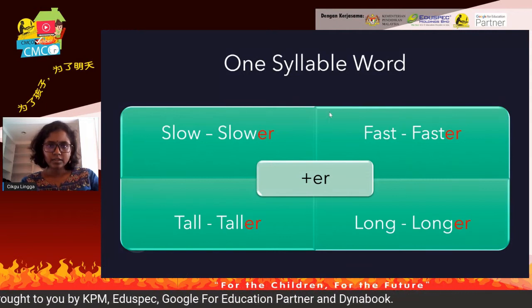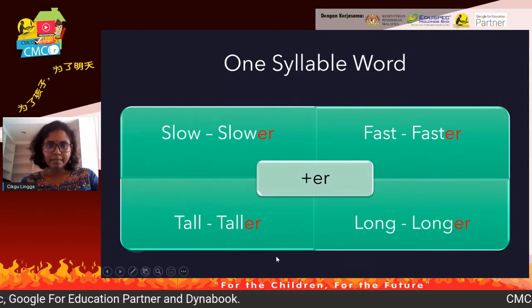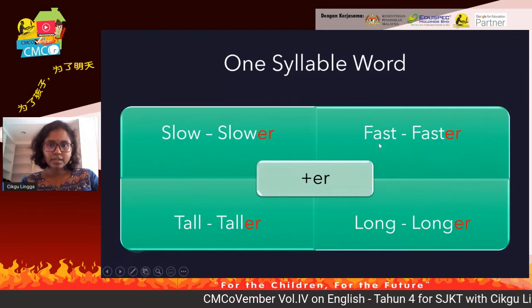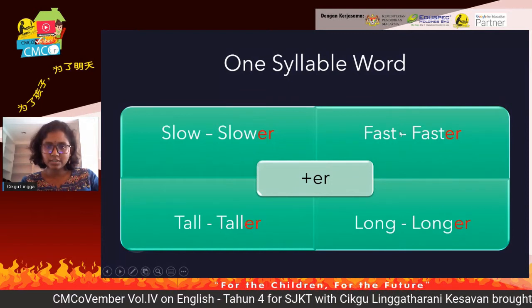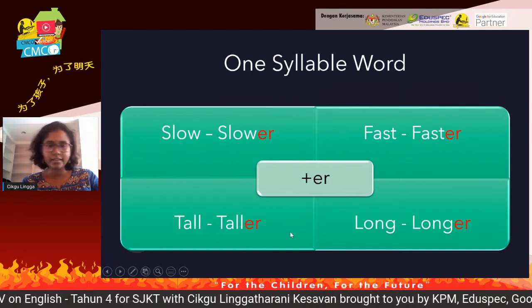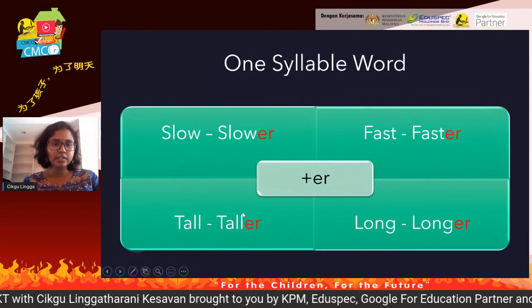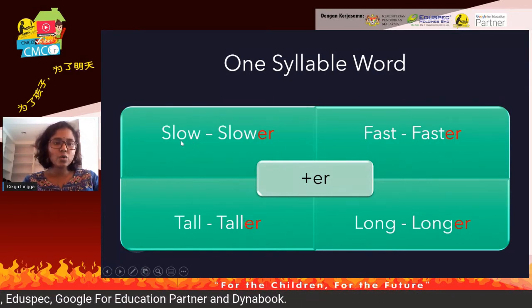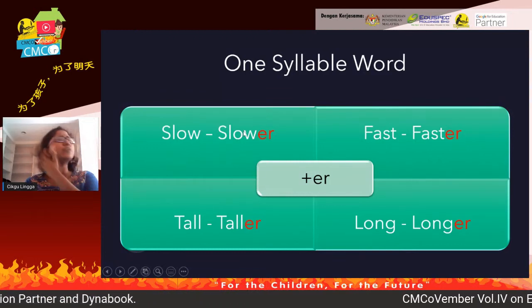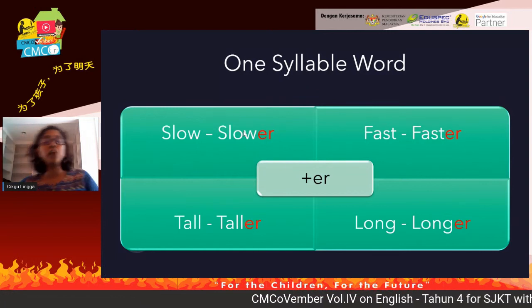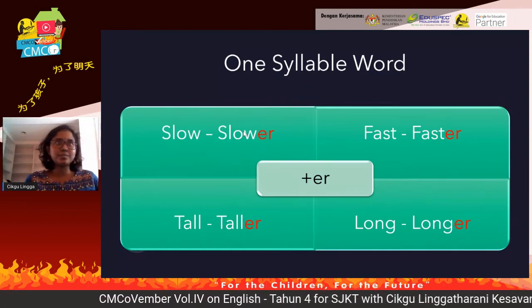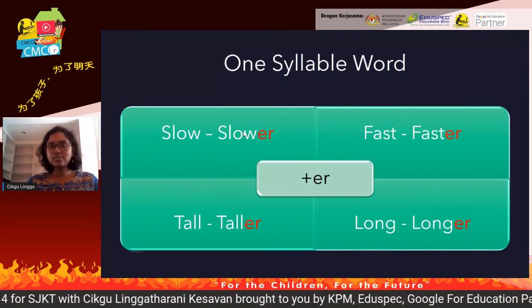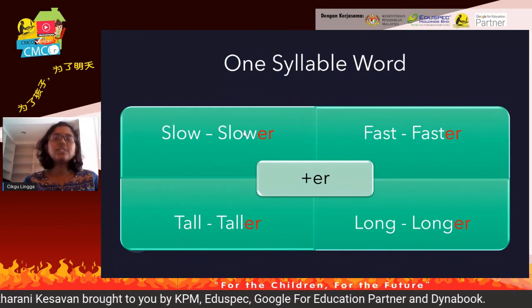Okay, so there are always exceptions. For example, this letter here, S, T, they are both consonants, so we don't have to double the last letter or do anything like that. And the same goes with L here. So they are both consonants, so you don't have to do anything. But here, O is a vowel and W is a consonant. So why don't we say slowwer? That's the thing. English is full of surprises. You don't know when it will attack you. So some of the words have exceptions to the rule, but usually these are the general